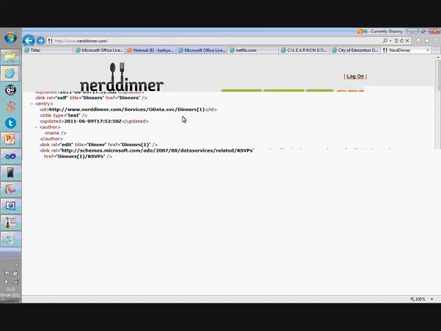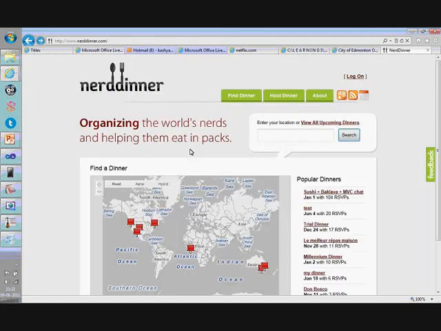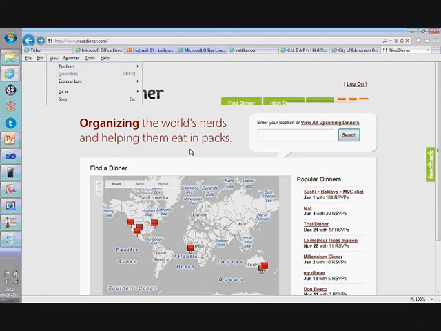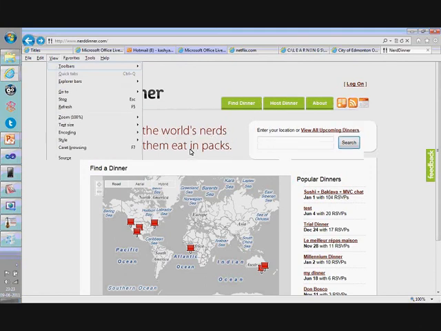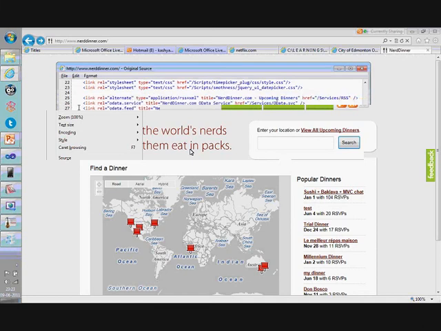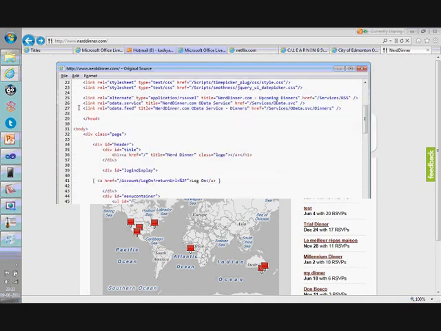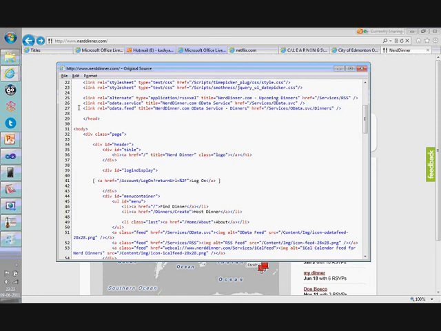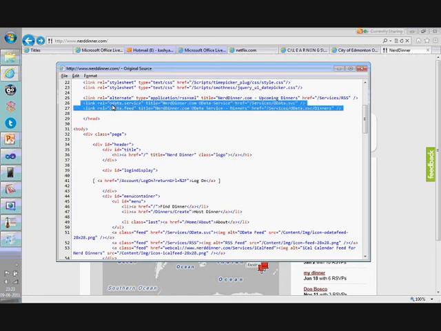Now, if we go back to the home page here and look at the source of this particular page, just notice line number 26 and 27. Here it says link. The relationship is odata.service. The title is nerddinner.com's OData service. The href is services/odata.svc. So the more the OData ecology grows, maybe the browsers will also start getting